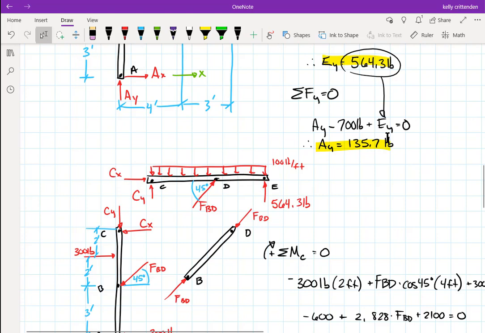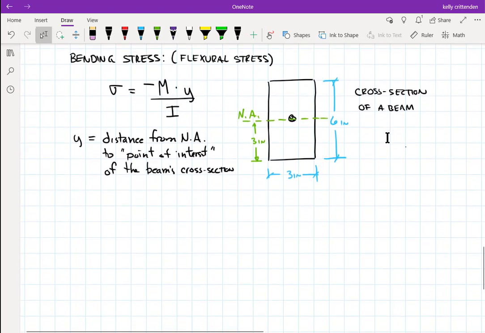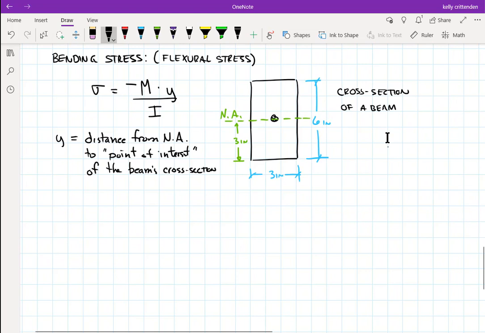That's stuff we'll figure out another day. For now, let's just say that maximum stress is either at the top or the bottom. So sigma max is either maximum tension on the top and compression on the bottom, or compression on the top and tension on the bottom. Most of the time it's compression on the top and tension on the bottom. Either way,